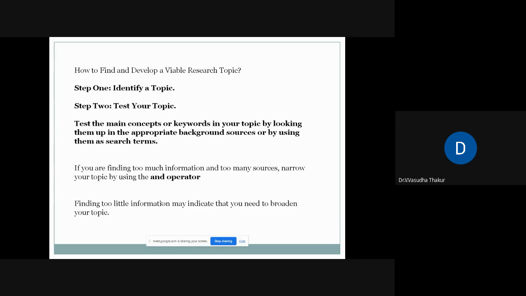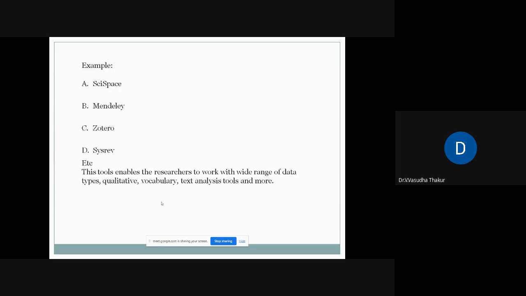I need to broaden my timeline, or look at my topic again, whether I continue or not. That way I can concentrate on a particular topic and end up doing my literature review. Various tools, as already discussed, can be used